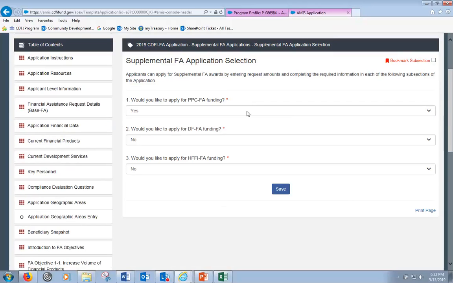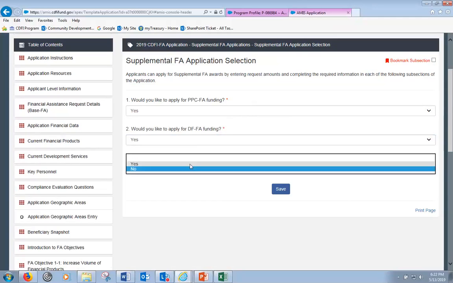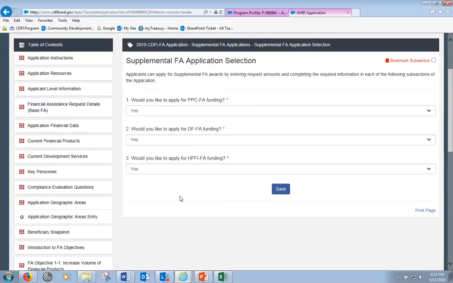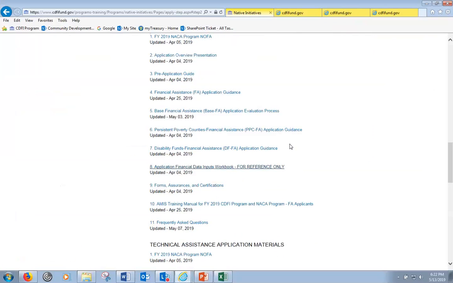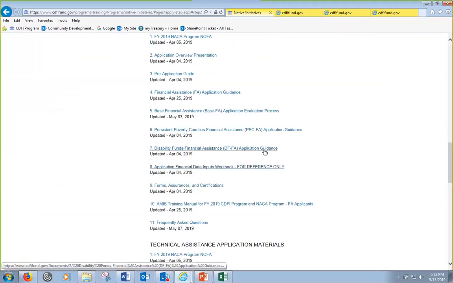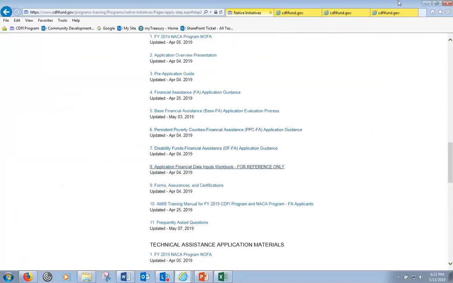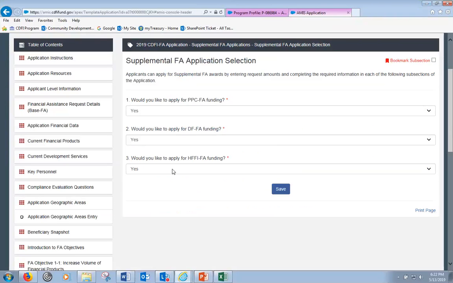And I will have to answer affirmatively yes or no to each one of these questions. And it will trigger whether or not I fill out that particular subsection of additional information that's pertinent only for these supplemental applications. And again, details of these supplemental applications can be accessed on our website. So here's Persistent Poverty, Disability Funds. The Healthy Foods Finance Initiative, if you are interested in applying for that, that application is not published yet, so there's no information on that